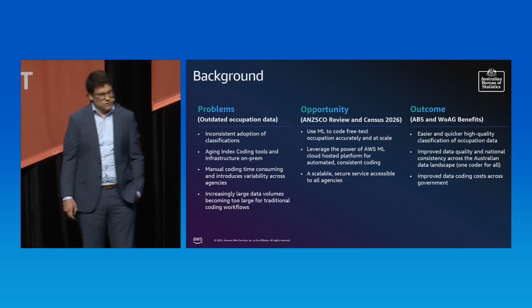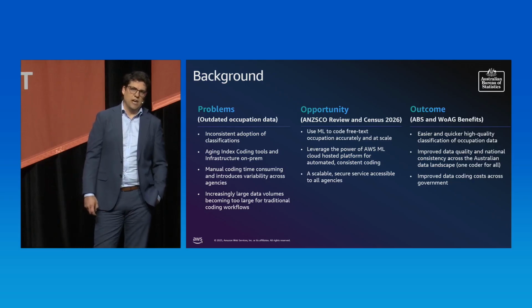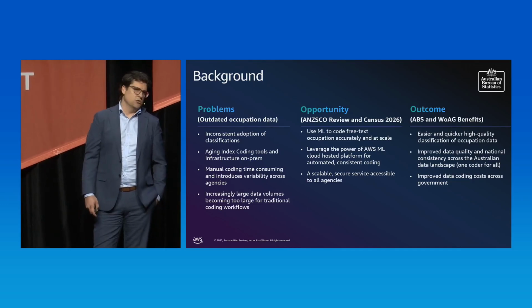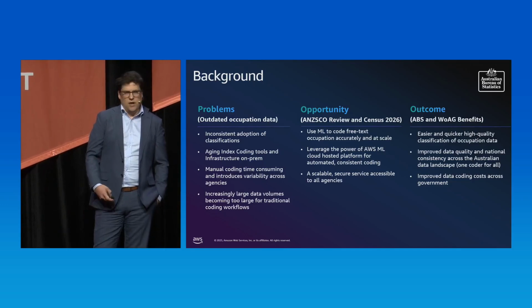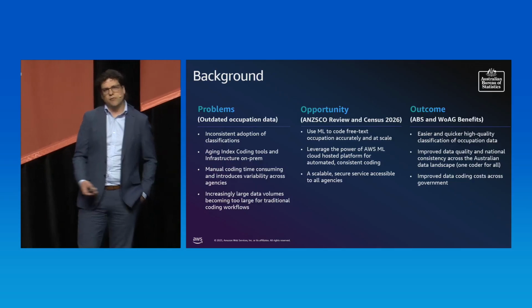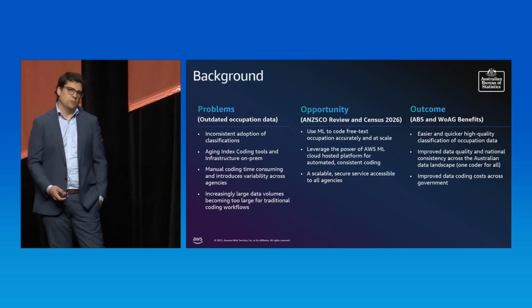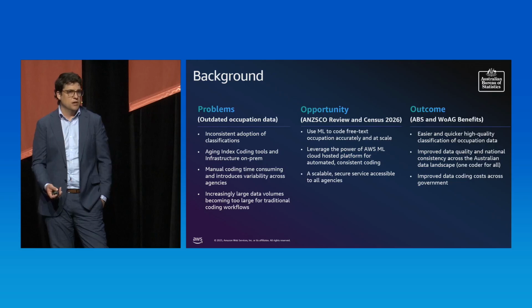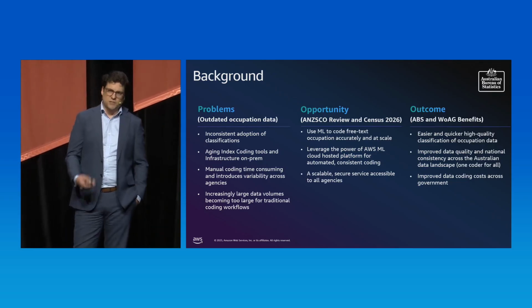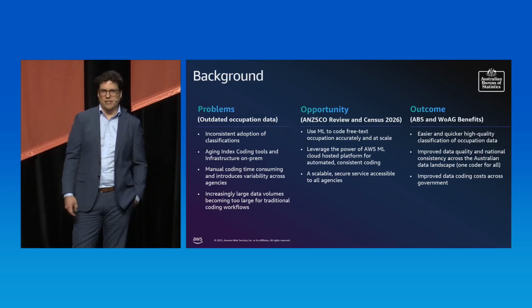So in terms of the training of the models, it's really important that for the ABS we do this in a way that's transparent and traceable. We want to make sure that we have data that is of high quality and also builds confidence in the service. One of the great things about having the ABS is that we have a data set that allows us to train models that are really reflective of the broad language and the common terms that Australians actually use when they're describing their jobs. So whether the service sees something like an electrician or a Sparky, the service knows what that occupation is and can code it appropriately.